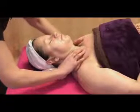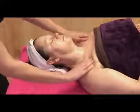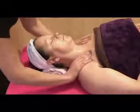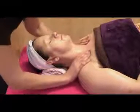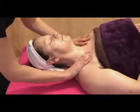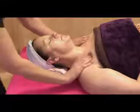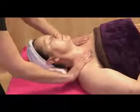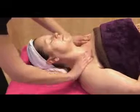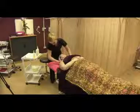If you can, get your thumbs all the way up the back of the neck, stroke them back down, and again, 1, 2, 3, up the back of the neck, stroke them back down. Now at this point, if you can feel any tension nodules, which build up in the muscle fibres, you can see one there. I'm just going to work my thumb over that lump